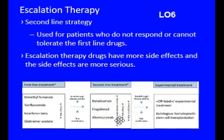And so this is kind of just an overall view of how complicated this literature can get, and hopefully we've just kind of shed some light on some of the major drug classes that are used for these